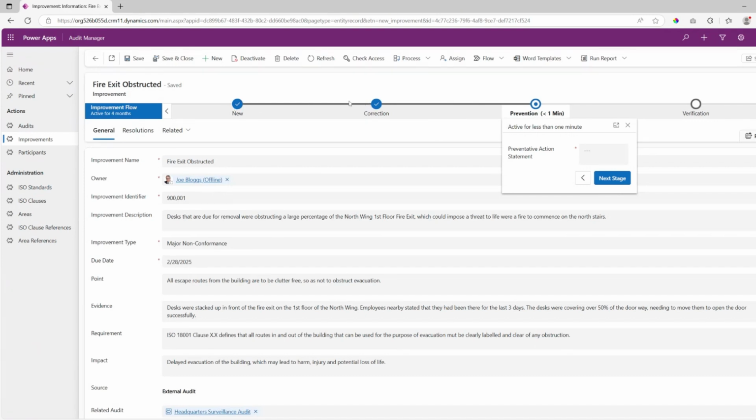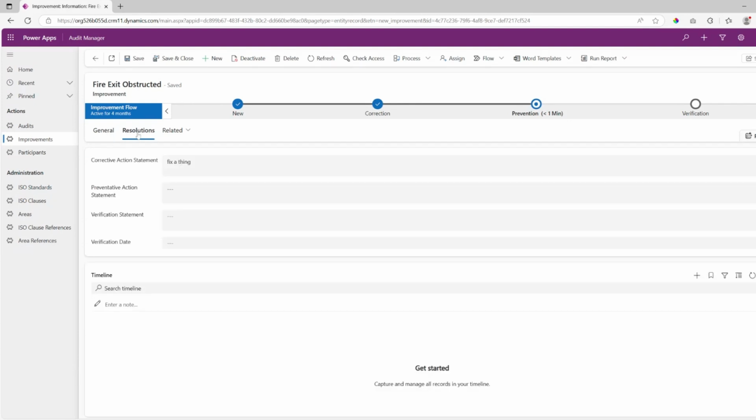In this business process flow, we can have various different triggers set into place. So we have notifications that are sent when we move something from new to correction and correction to prevention. We also can have various different tasks that are set up. So for example, someone may be responsible for the correction, someone different may be responsible for the prevention, and then when we move it to verification, it would come back to the auditor, and the auditor would need to do a check to make sure what changes have happened have actually fixed the issue in the long run. So that might be a month later, 3 months later, for example.